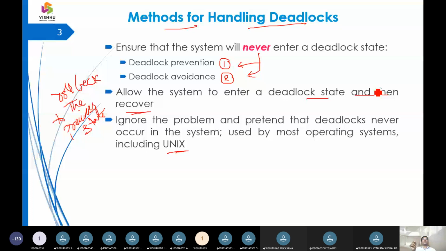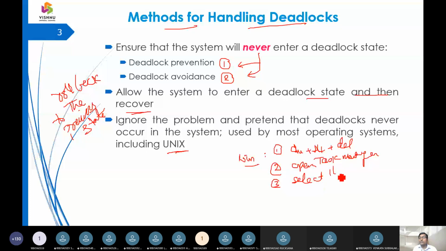So that is what we are going to call deadlock avoidance, which is a part of handling deadlocks. Okay, so in a Windows operating system on your laptop, all of a sudden the laptop is stuck. First solution, Control plus Alt plus Del. Second step, open task manager. Third step, select the process. Fourth step, you can suspend it, stop it, pause it, or remove it. Got it? So that is what a Windows operating system is going to do.